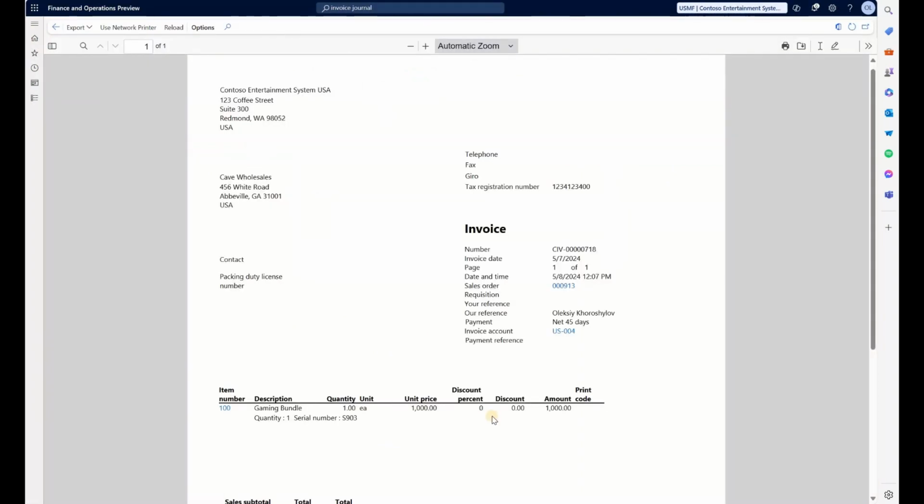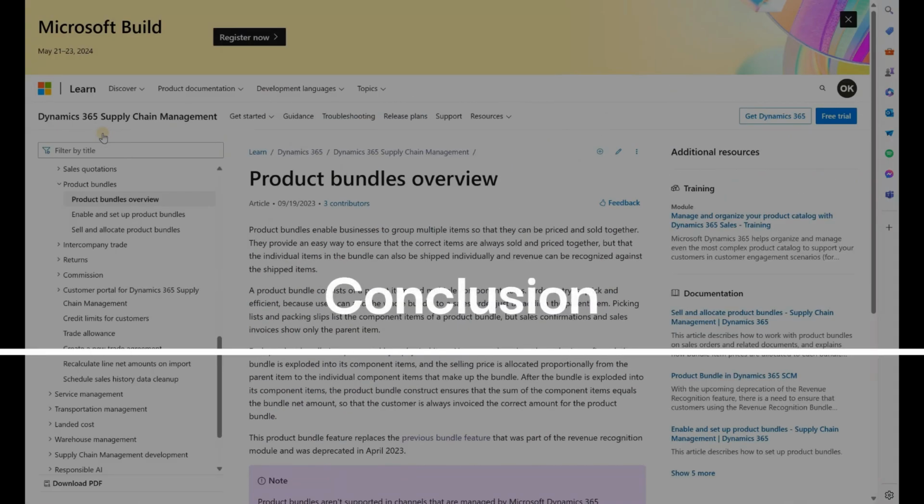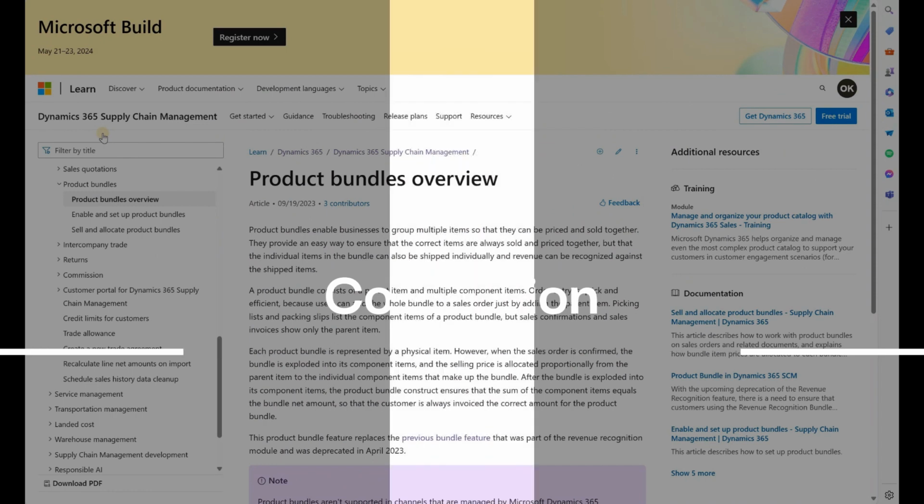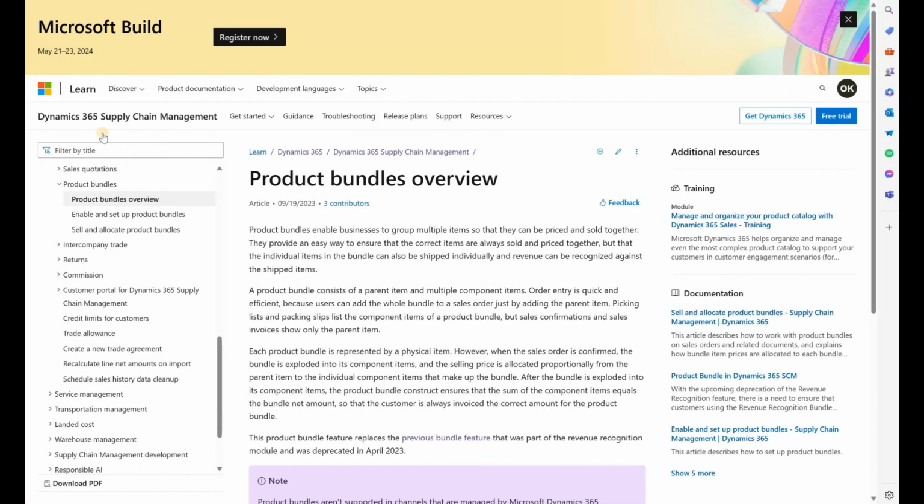Here it is. So let's just summarize what we just saw. We saw the way to bill a bundle using a bill of material. We saw a way of adding that bundle item to our sales order and posting documents such as sales order confirmation, picking list, packing slip, and invoice. The documents on their own work perfectly. So I think this feature can be useful, but the way it is working right now, it's just not ready